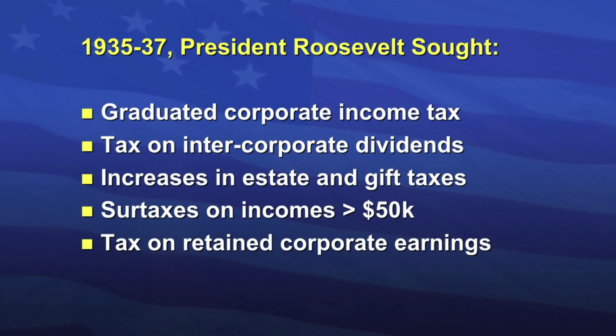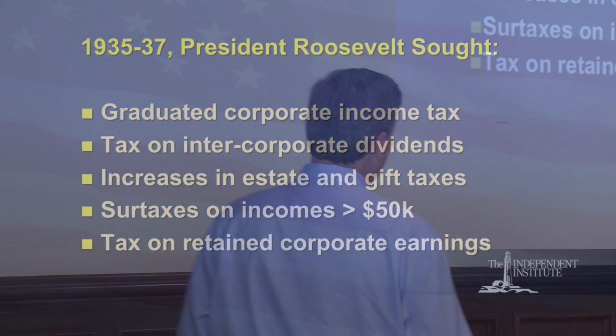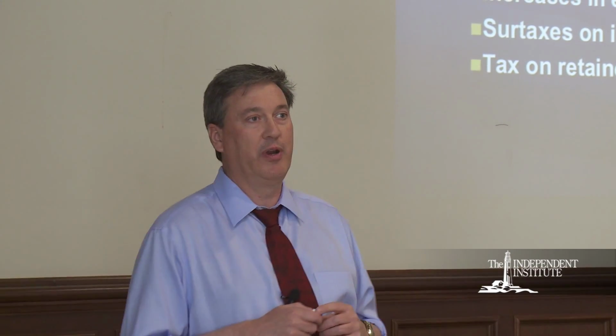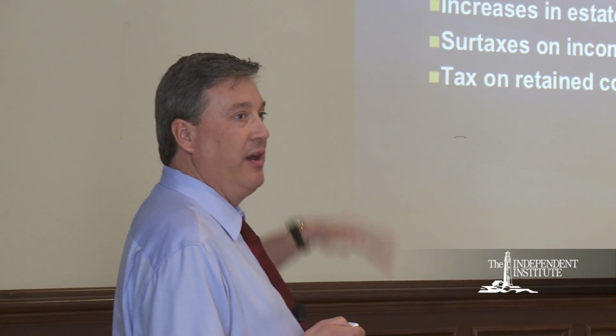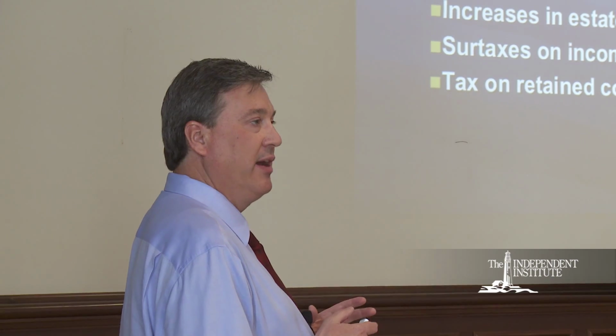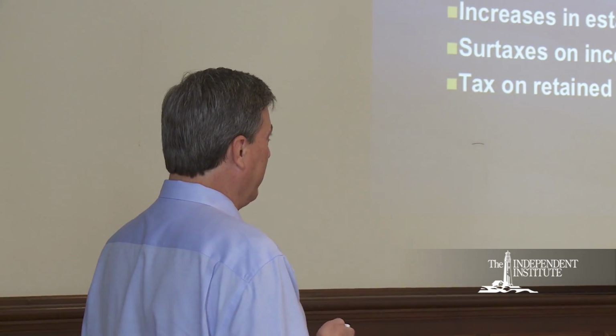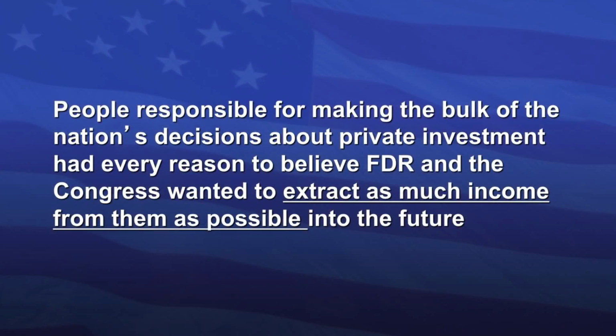this is the tax, I focus on the tax laws in particular because just in this 3-year period, Roosevelt considered all of these changes to the tax code just in these 3 years. And 2 of them were passed, the surtaxes on income and also the tax on retained corporate earnings were passed. So you can imagine if you saw all of these laws coming out in such a short amount of time, as well as these tax increases on business and individuals, that gave people good reason to think that going forward